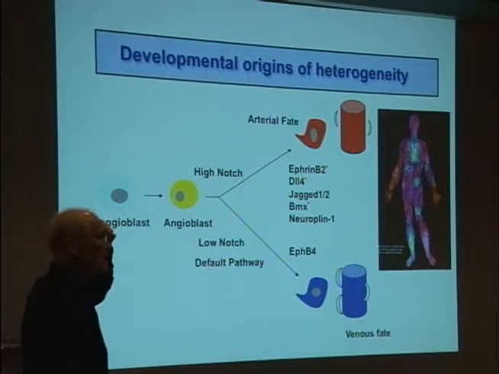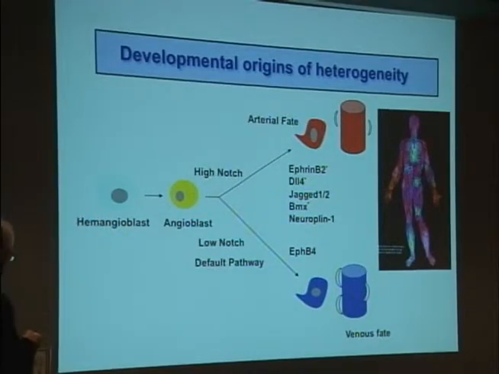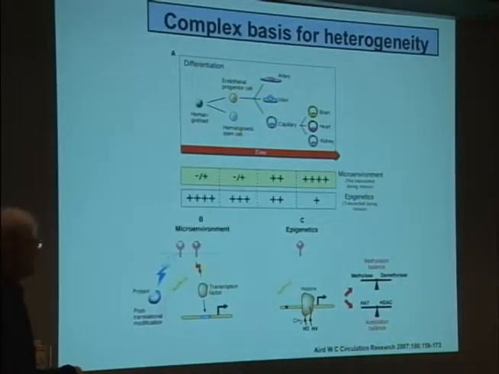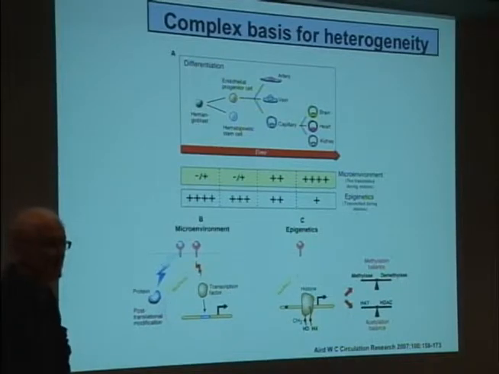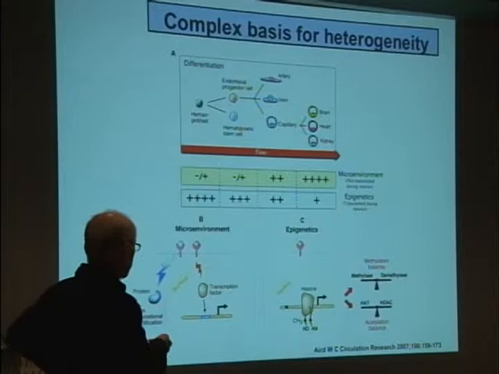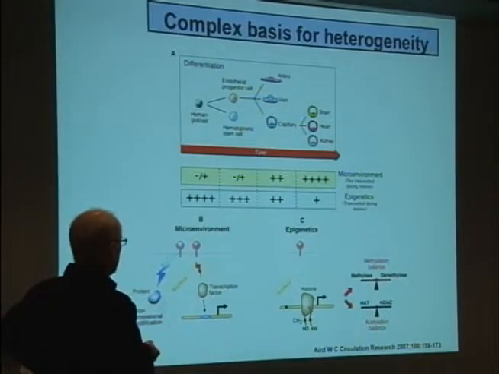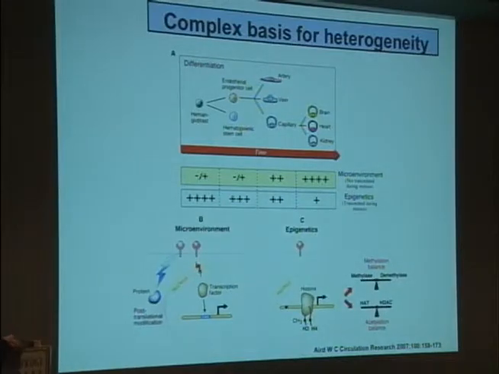So why is this heterogeneity present? Does it have any relevance for the heparan sulfates? If you're looking at the hemangioblast, the angioblast, there are these high notch pathways which lead to arterial fate, and then this low notch induction which leads to a default path with a venous fate. But it's very complex. This work has been developed by Bill Aird after initiation by Bob Rosenberg, who Corby worked with as well, at MIT. And essentially what you're looking at is the microenvironmental effect going further as you go from the hemangioblast, progenitor cells, to